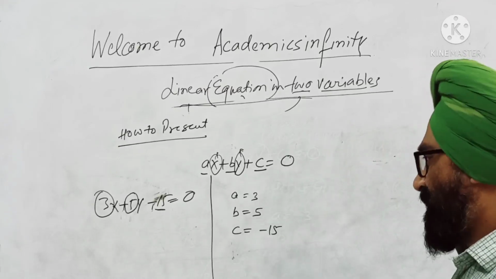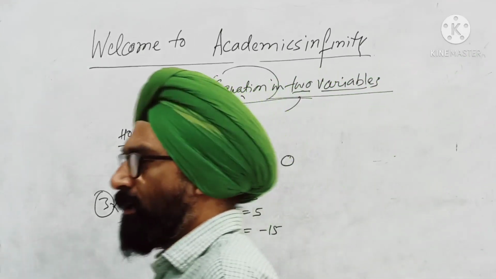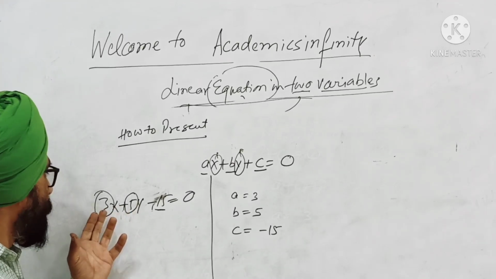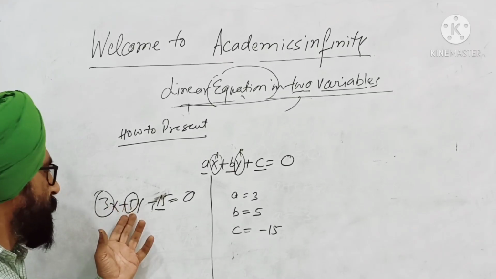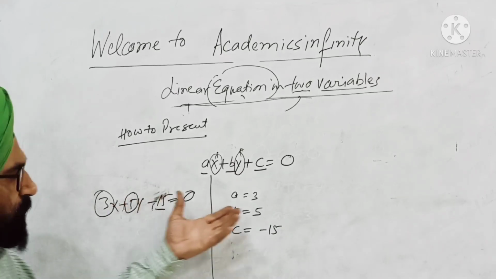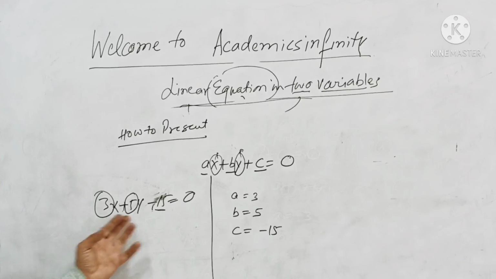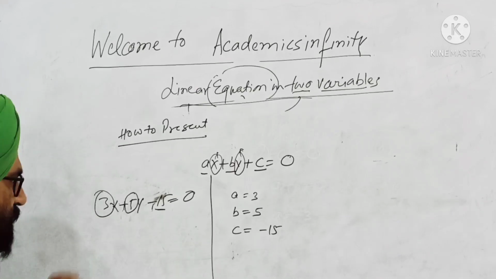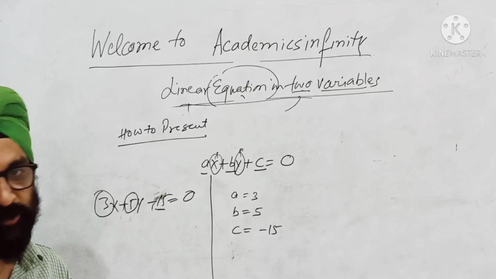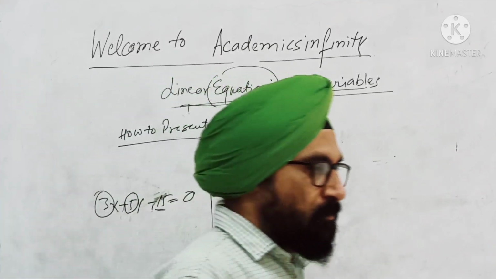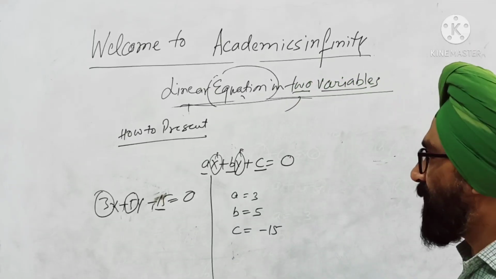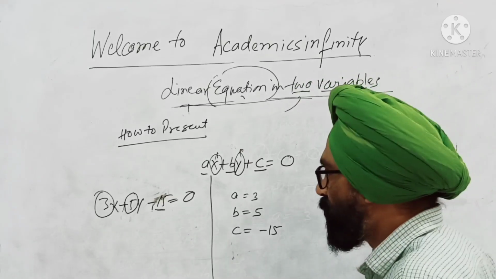How to calculate the value of x and y? If a and b are 3 and 5 and c is minus 15, you can't calculate the value of x and y like this. We will just take assumptions here. You have to take the first assumption, the first supposition,